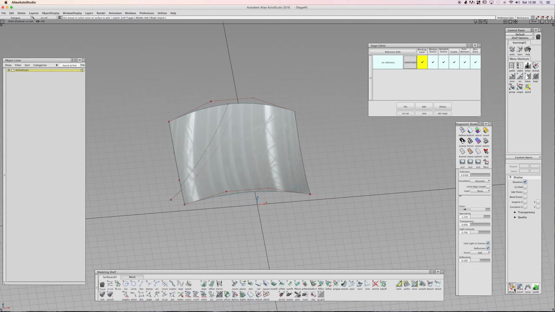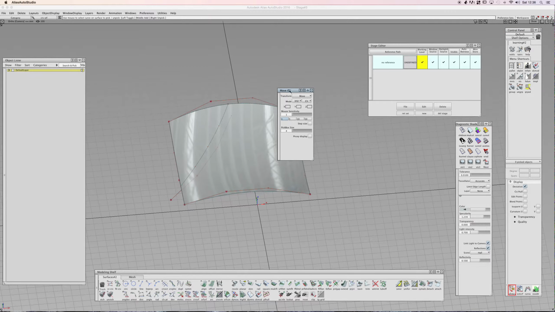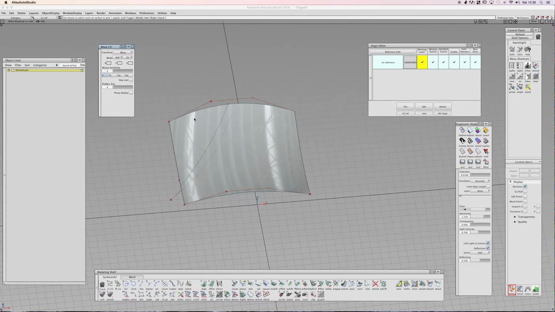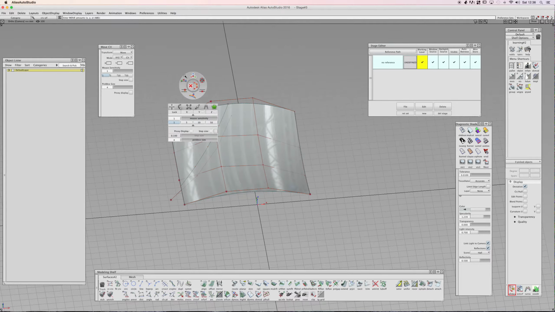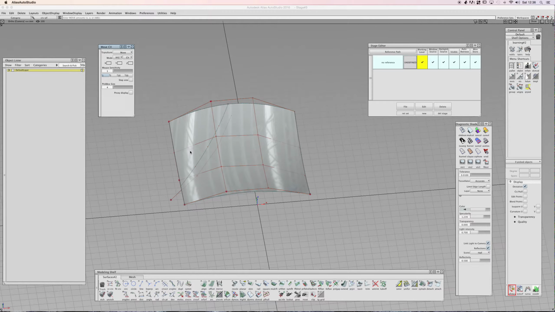This tool down here, which is Transform CV, it's always in this palette for some reason, in the bottom. So if I double click that out, this is the window I get. If I select that surface and I press spacebar, you get this cool little widget. Now I haven't played with this yet, but basically all these tools will move the surface along. So if I select that CV,